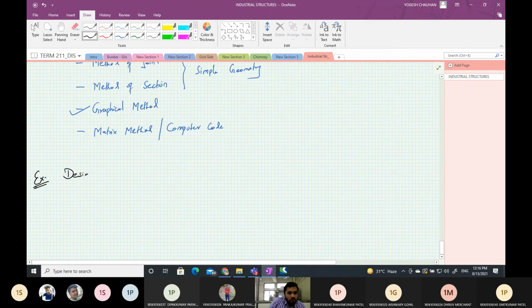Design a pin type roof truss for an industrial building for the following data.